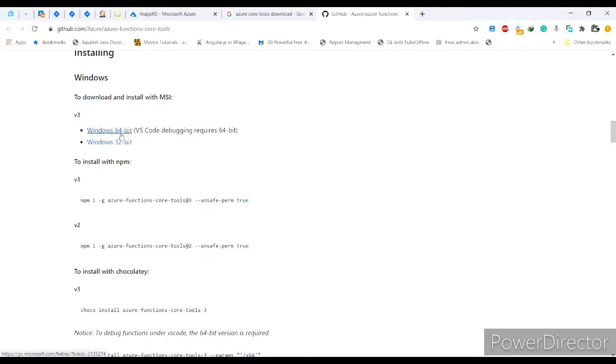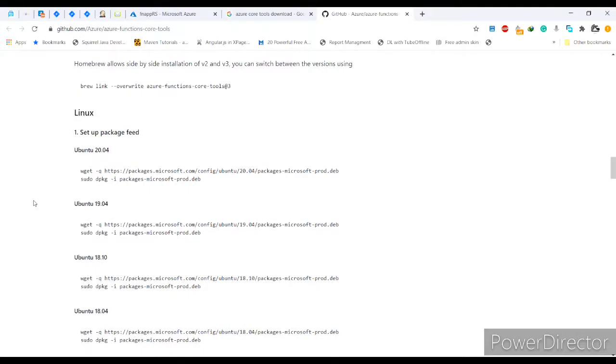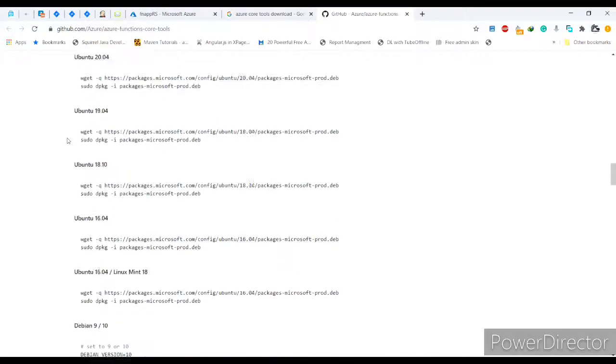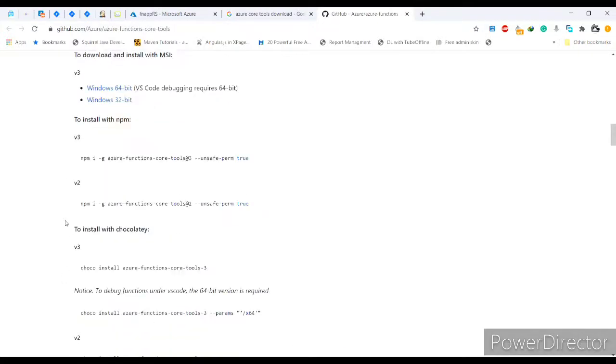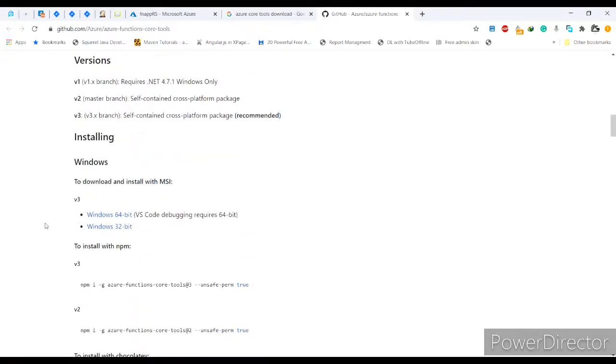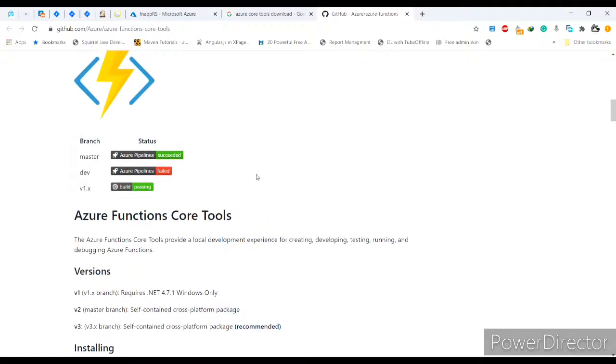As I am Windows user, so I am just downloading Windows 64-bit. If you are Ubuntu user, Linux user, you can choose from this option. If you are a Mac user, then you can choose from this option. So according to your machine version, you can install Azure Function Core Tools from this link. So you need to install it.